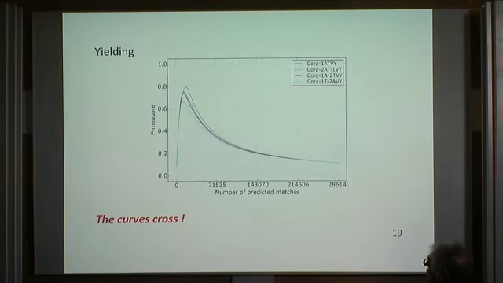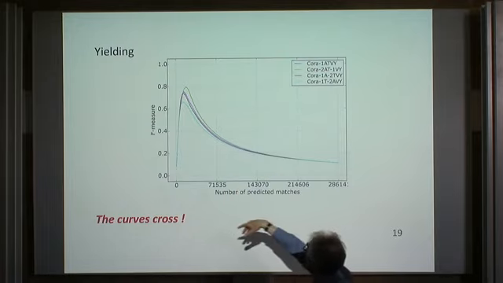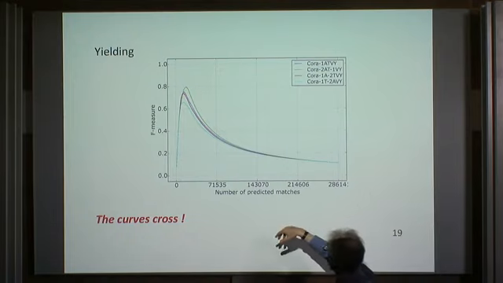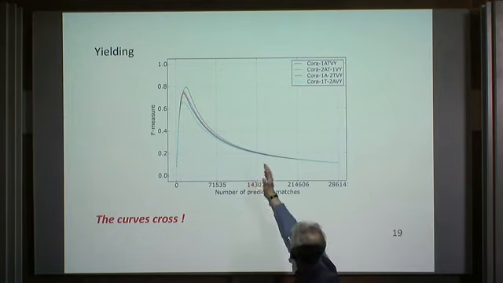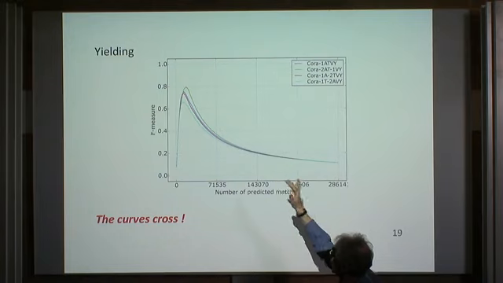And guess what? That's what we're going to do. So here we are. We've got the number of predicted matches, and we've got F measure on that. And there are a couple of things. First, now you can compare these. I can take a particular number of predicted matches, and I can compare the curves, compare the F measures at that point. I'd also like to draw your attention, I'm going to come back to this, to the fact that